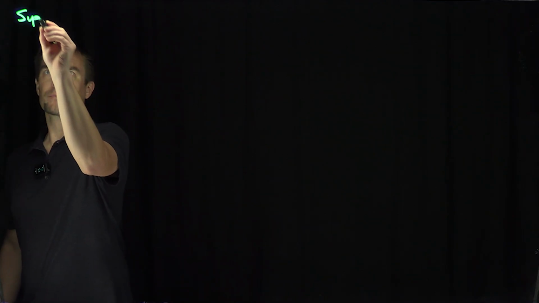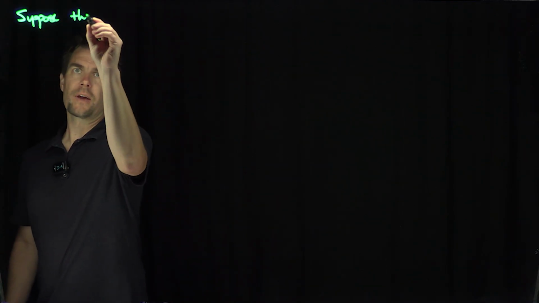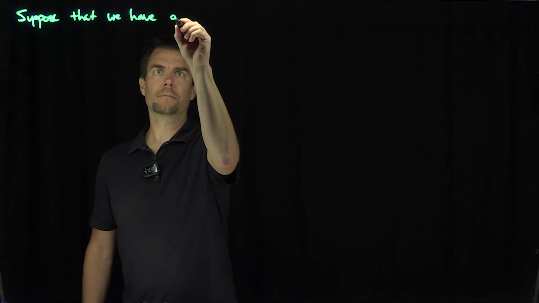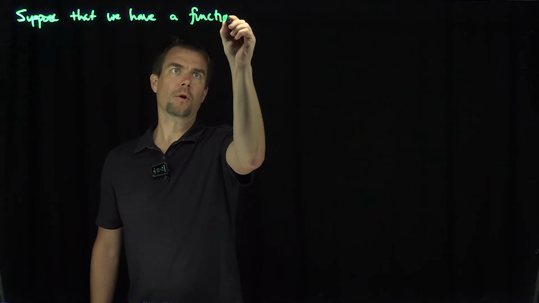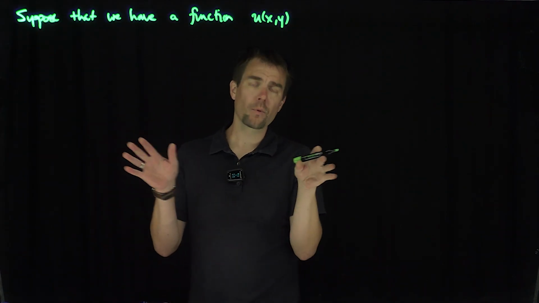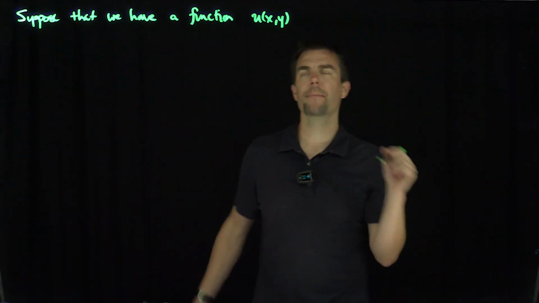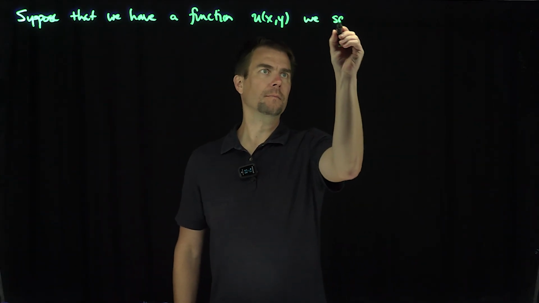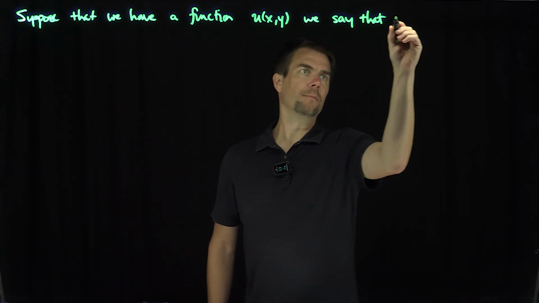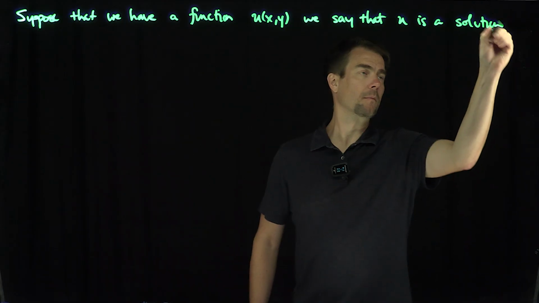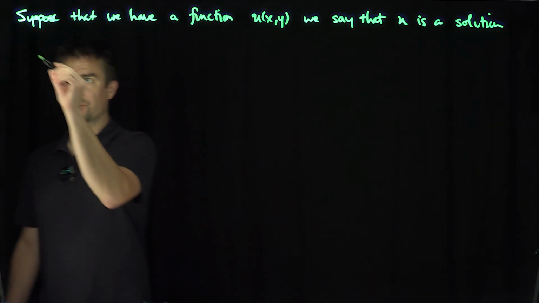Suppose that we have a function. We're just going to say it's a function u just of x and y. You can do x1 through xn if you want, but let's just make it simple and do two variables, okay? Function u of x, y. We say that u is a solution to the partial differential equation